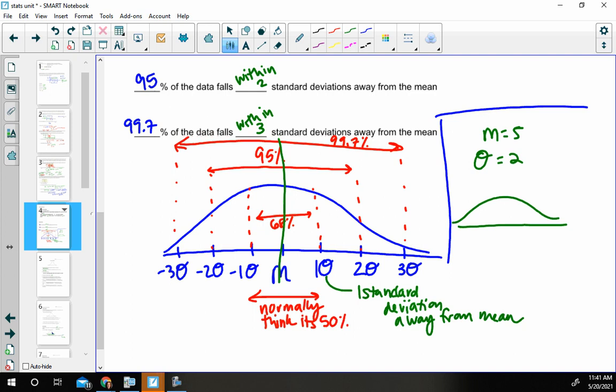So an example of a way to put it onto a distribution graph: let's say my mean was 5, and I say my standard deviation is going to be 2. So I would go 2 this way, and I would go 2 this way. That's my first standard deviation. For my second standard deviation, I would do 2 again. So it would be 1 and 9. Then this would represent that 68%. This next setup would represent 95%. And if I did another one, it would represent the 99.7%.